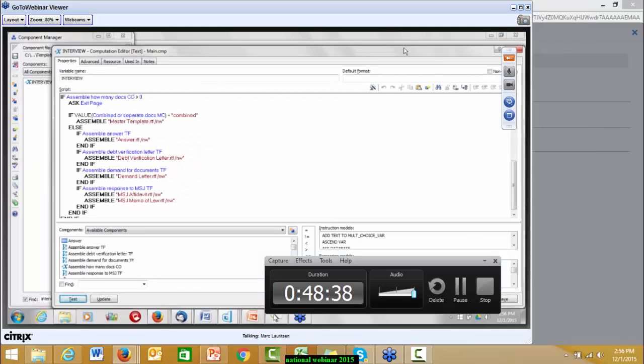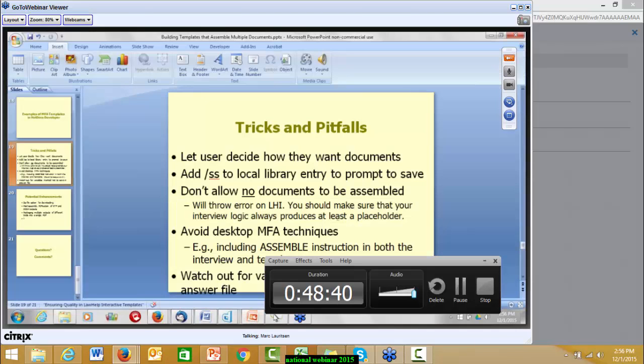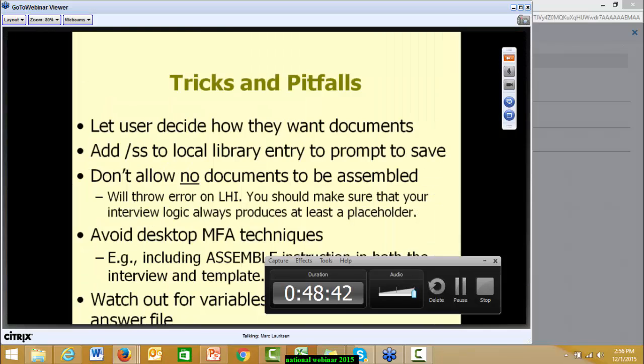Pretty straightforward. Back to my slides. That's tip number one. The second one I think I just added while Bart was talking, which is one of